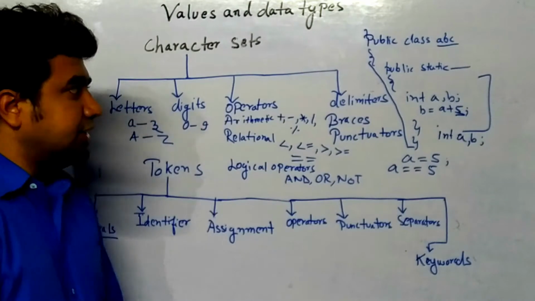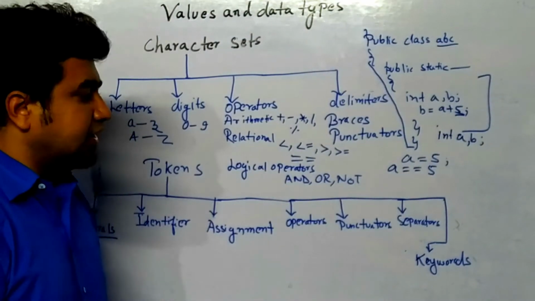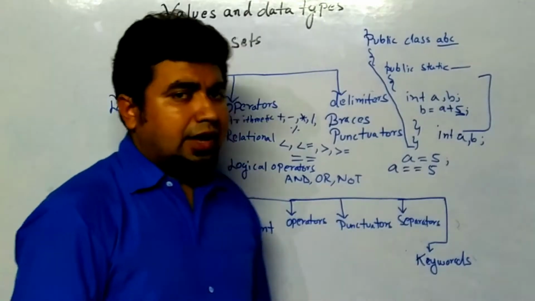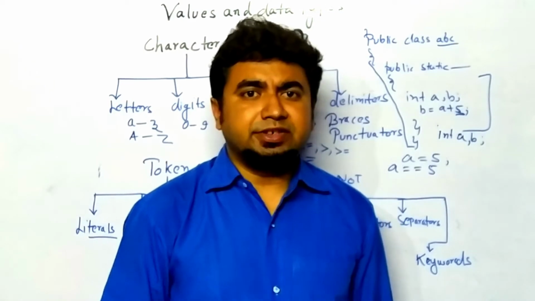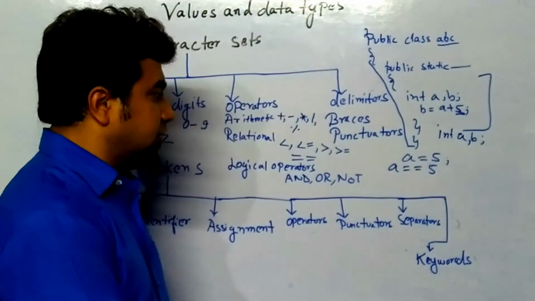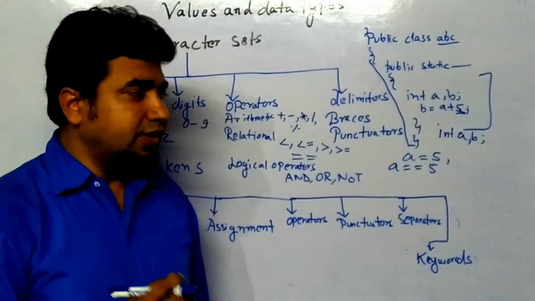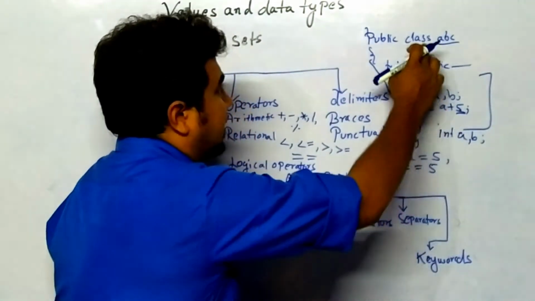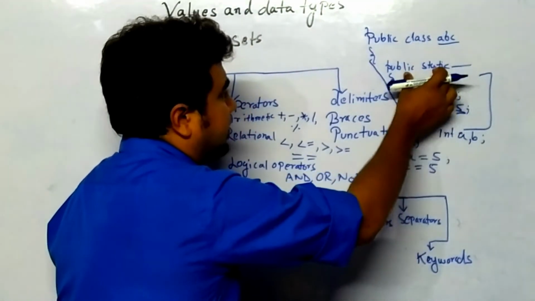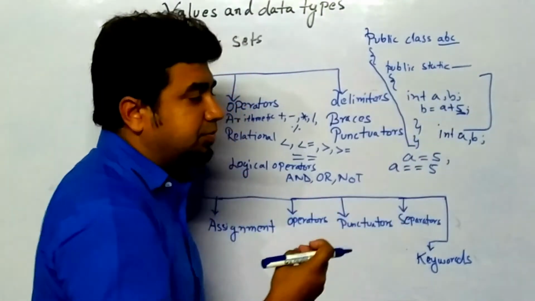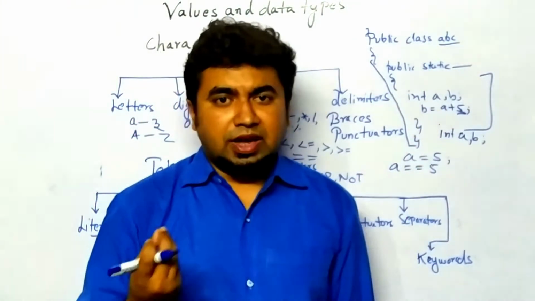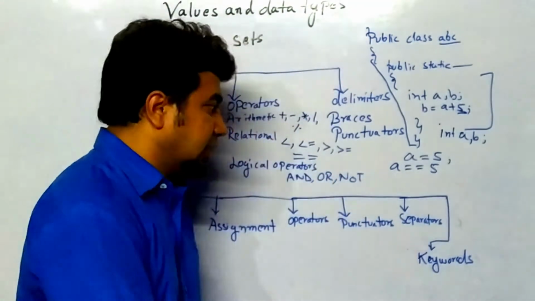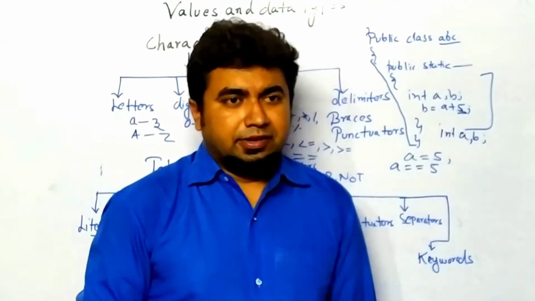Keywords. Now about keywords. What is known as a keyword? Keywords are reserved words, which have special meaning for the compiler. Every language has some grammar. Keywords are reserved words which convey special meaning. Public has a special meaning for this keyword. Then class has a special meaning. Then public static. These are words which have special meaning. Int has special meaning. System has a special meaning. Out has special meaning. System.out.println has special meaning.